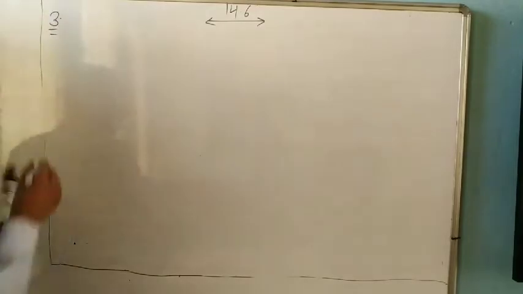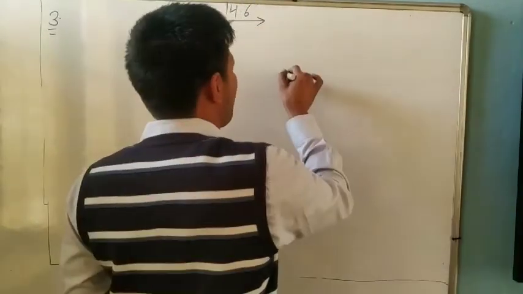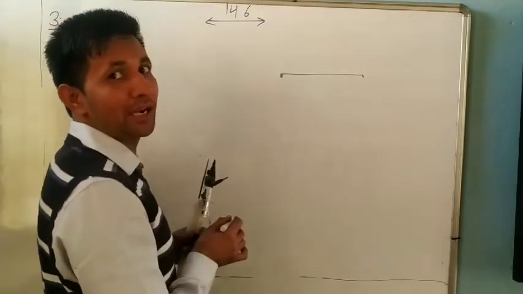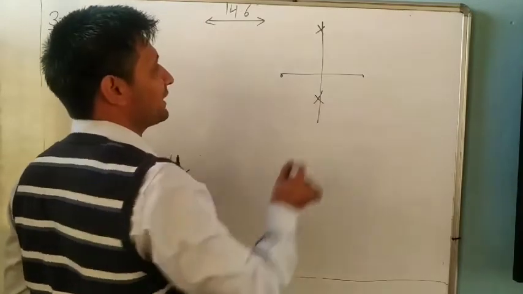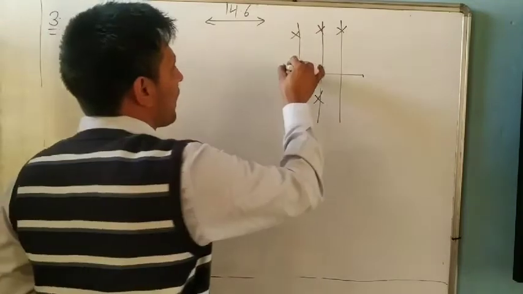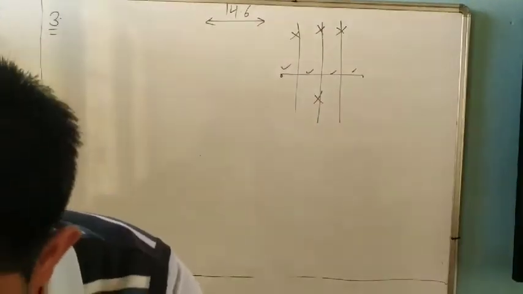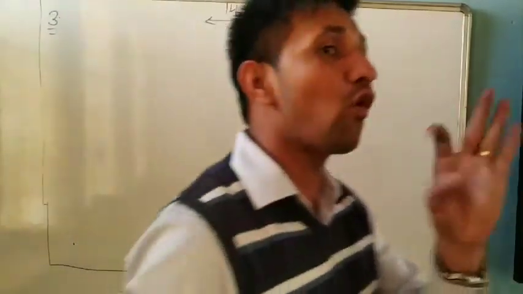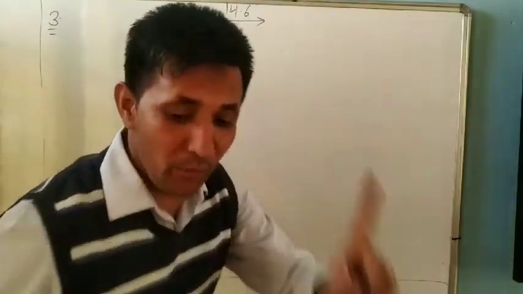Question number 3, same as it is, everyone knows in 14.45 it is given: divide a line in 4 equal parts. So 4 equal parts, how will we divide it? First in 2 equal parts by perpendicular bisector, again perpendicular bisector, again perpendicular. It is 1, 2, 3, 4. Same as it is, draw an angle 153 and divide it into 4 equal parts. So 4 equal parts. Steps you will write yourself.